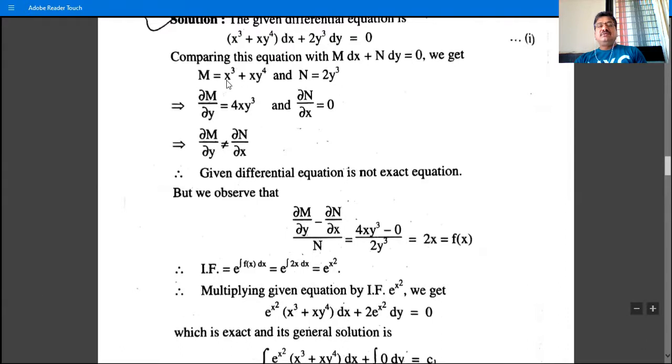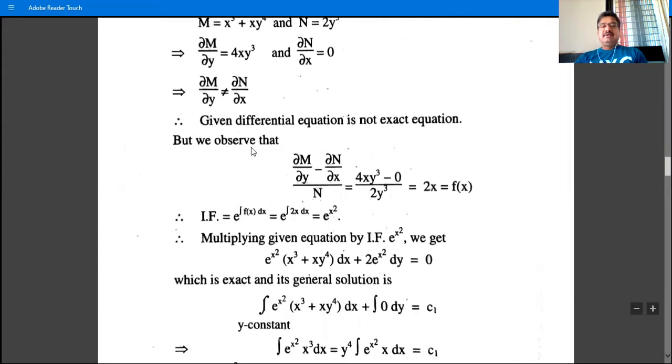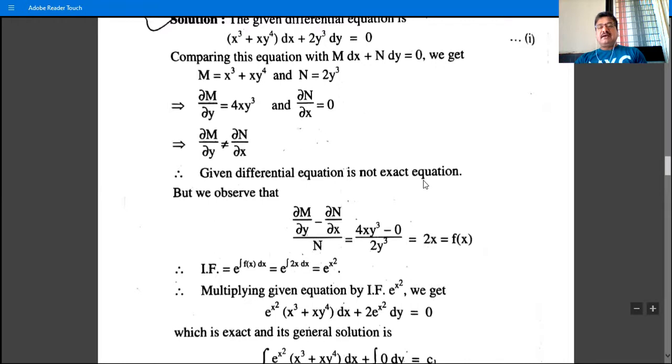x cube derivative is 0. And x constant, derivative of y raised to 4 is 4y cube. So we have 4xy cube. And ∂N/∂x, 2y cube derivative is 0. So ∂M/∂y is not equal to ∂N/∂x. So the given differential equation is not exact, but we observe that ∂M/∂y minus